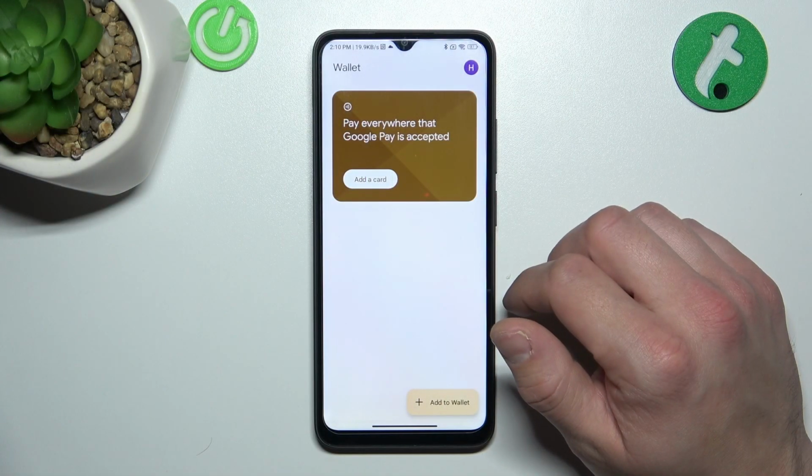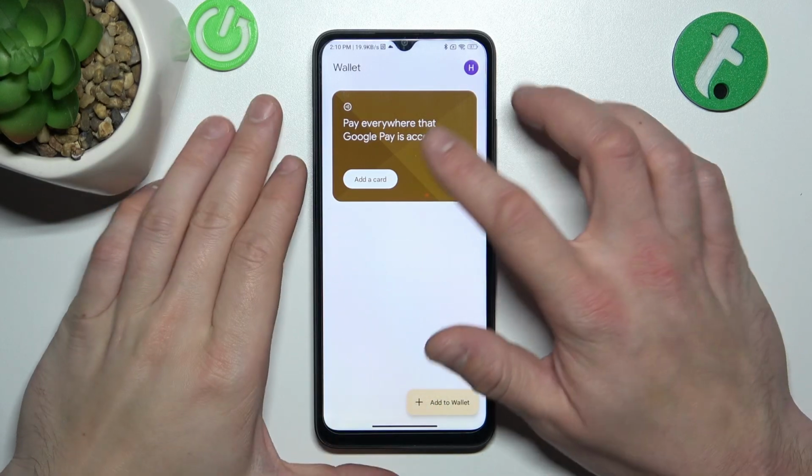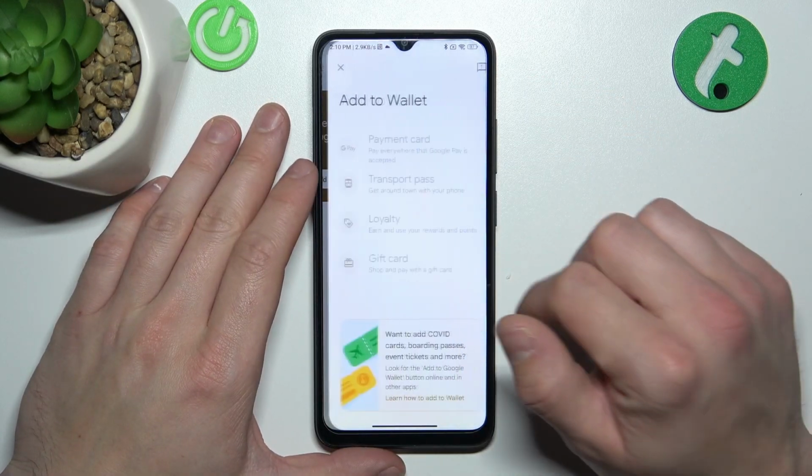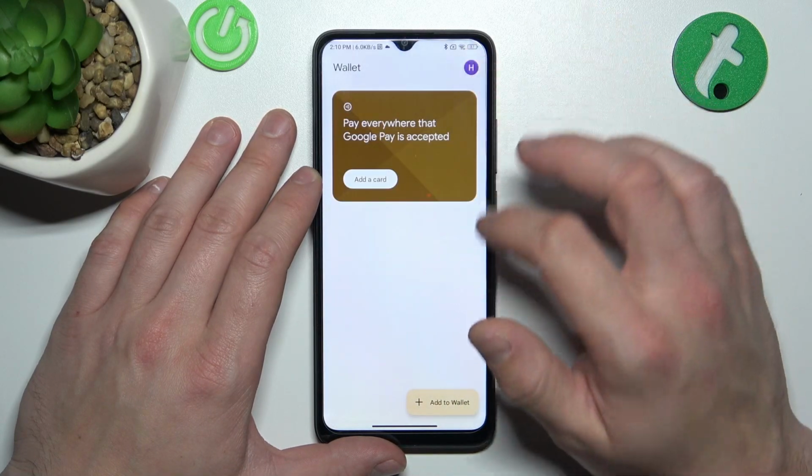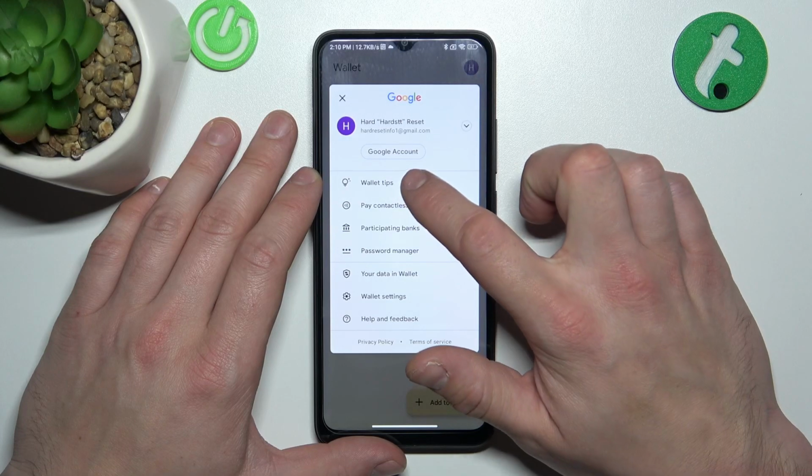And as you can see from the homepage of this app, you can add payment cards and passes to your account like transport pass, loyalty and gift card. If you go to menu, you've got access to your Google accounts, wallet tips,